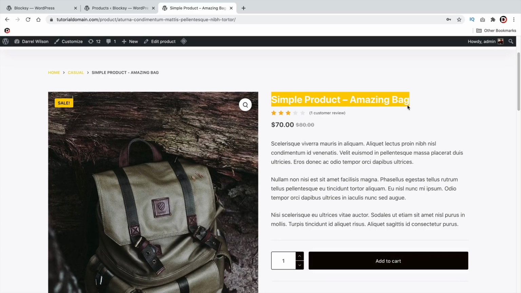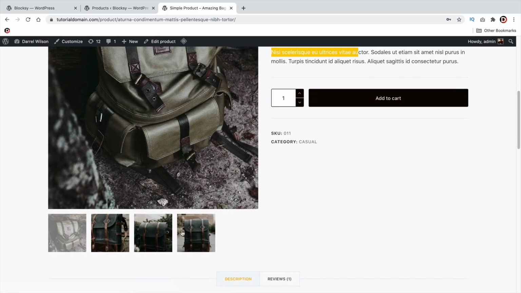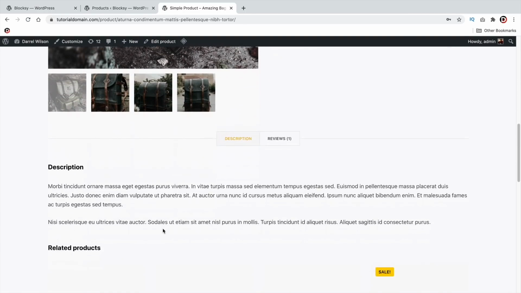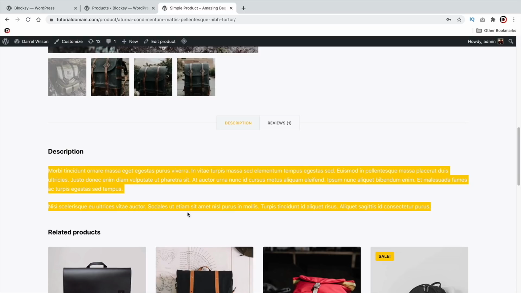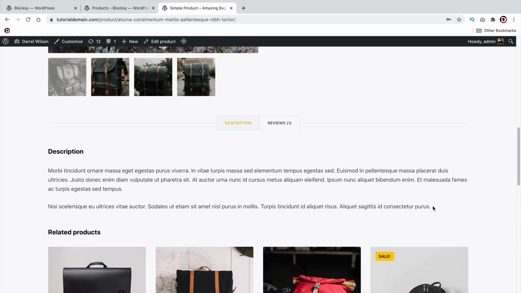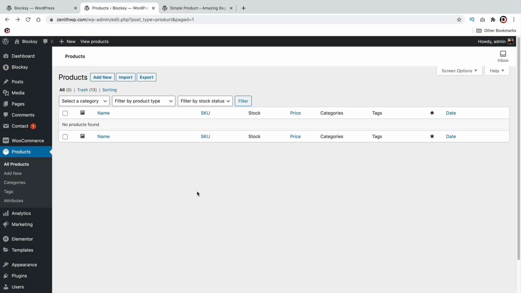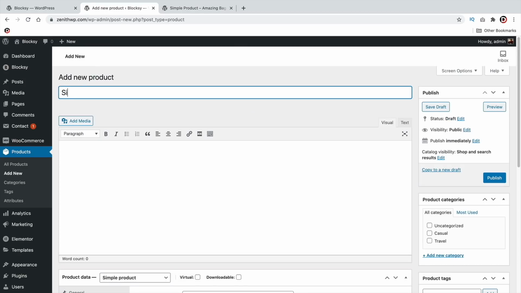So we have the title of the product, we have the description of the product, we have an image, and we also have other various images as well. And then below that, we have the description of the actual simple product. This can be something like made in China. It can be the return policy. It can be information that's not necessarily important, yet it should be included with the product. So let's go ahead now and make a simple product. All right, under products, we'll click on add new. So this is going to be the simple